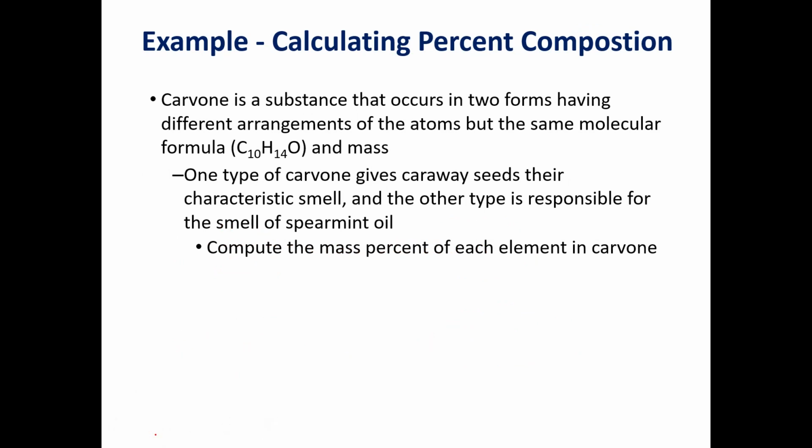The other way that we can do this is to calculate the total mass of the substance by calculating its molecular mass, and then we can calculate the percentage of each element. So for example, if we take C10H14O and we calculate the molecular mass of that,